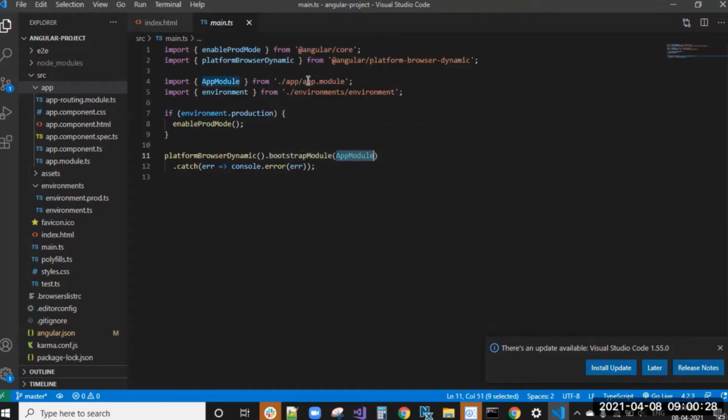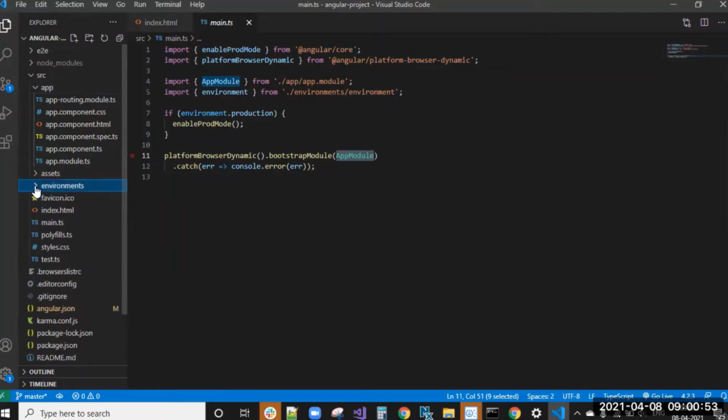AppModule. Because of that, first it comes to main.ts and runs this app module. After completing all this, we'll come to the app-related things. The main.ts file tells that you need to run the app module first.